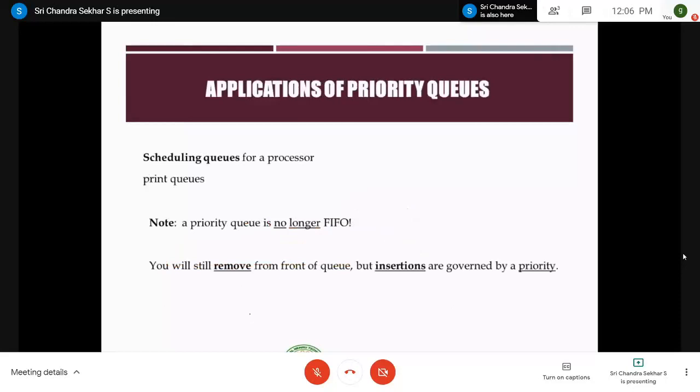It is used in scheduling queues for a processor, and it is also used for print queues. That means there are some jobs which have to be printed with the highest priority. In such a case, the priority queues can be used. So a priority queue is no longer a FIFO. As I told you, deletions are always done from the front part, but insertions are not into the rear part, right?